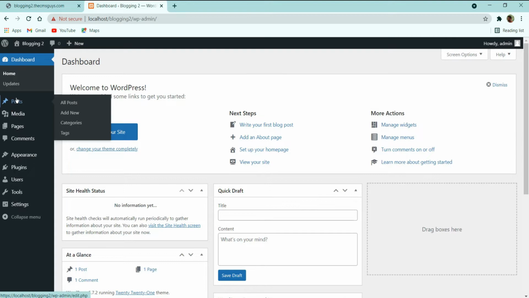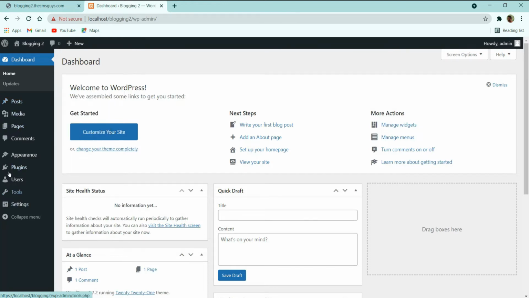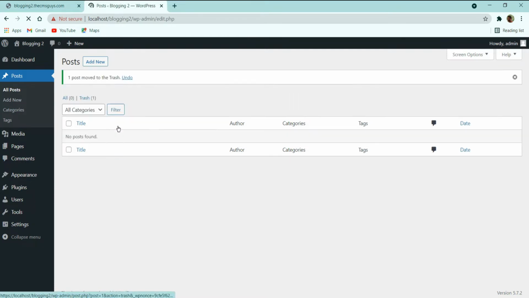On the left hand side we have different options like posts, media, pages, comments, appearance, plugins. I am going to tell you the basic settings we have to do, and I am also going to give you an overview of all of these. Let us first start with posts. In the post section we have this Hello World post, and we don't require it. Click on this trash button to delete it,